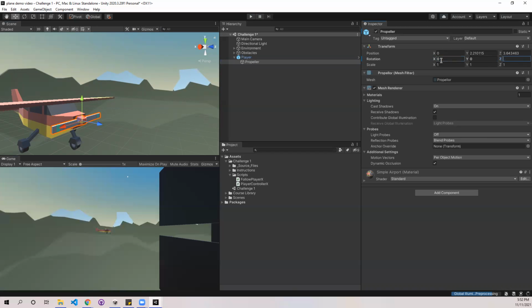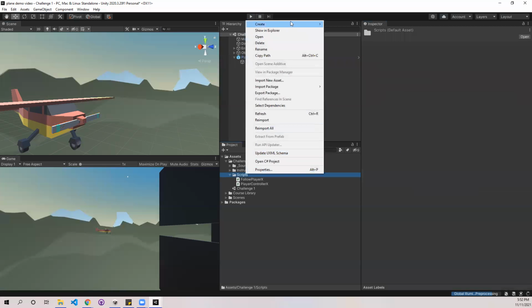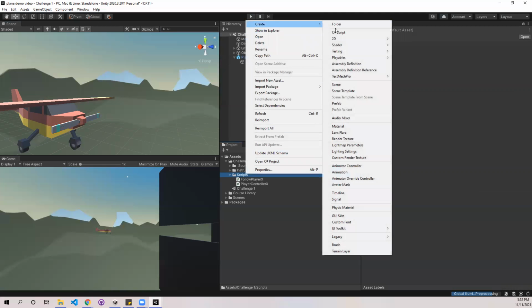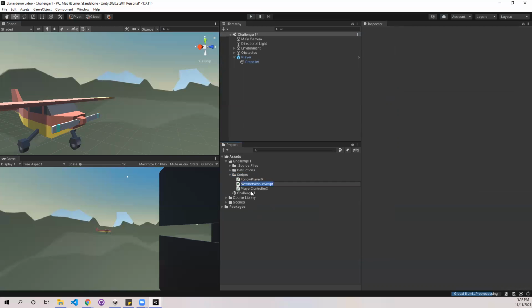23. Okay, yeah. So we know, again, the X is that horizontal axis, the Y is the vertical axis, and the Z is going to get it to turn on those two planes. So we know we need to modify the Z axis. So we're just going to go to the scripts folder here because we want to keep everything super organized, create a new C# script. We'll just call it propeller